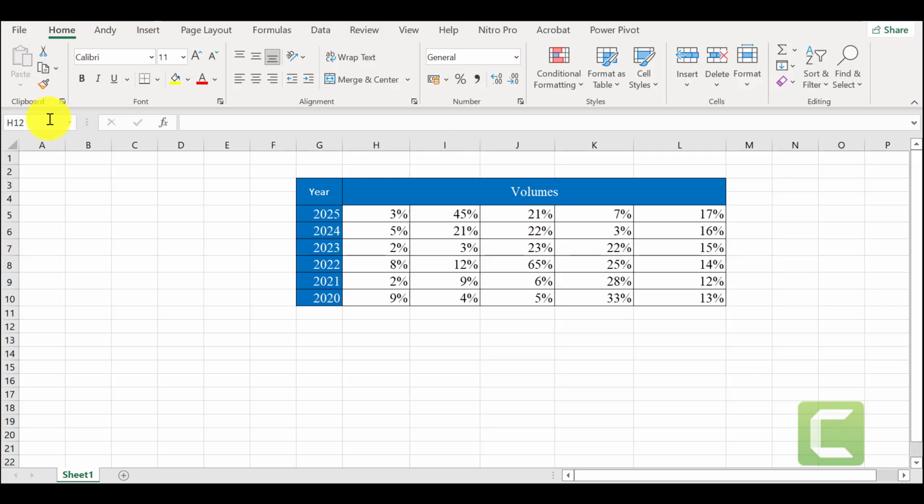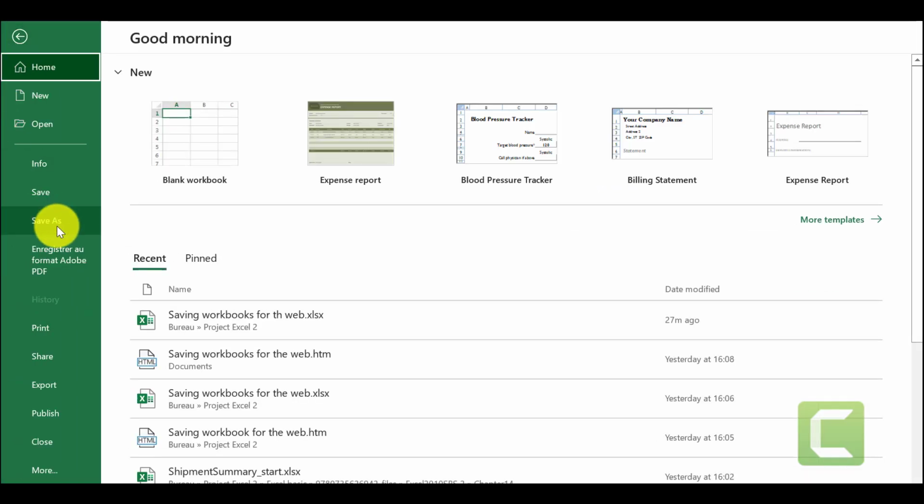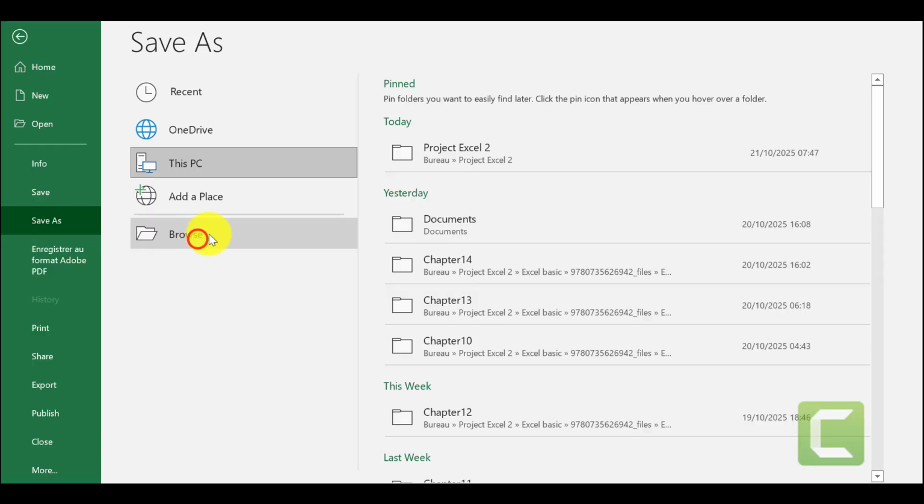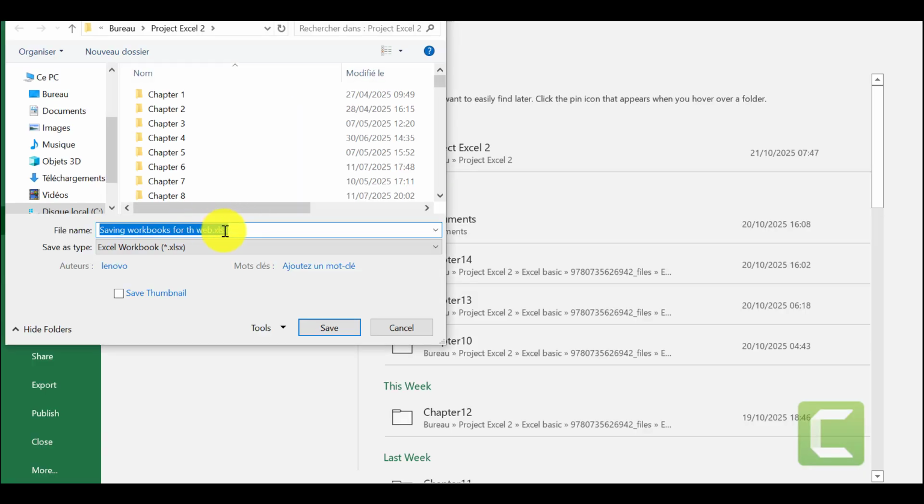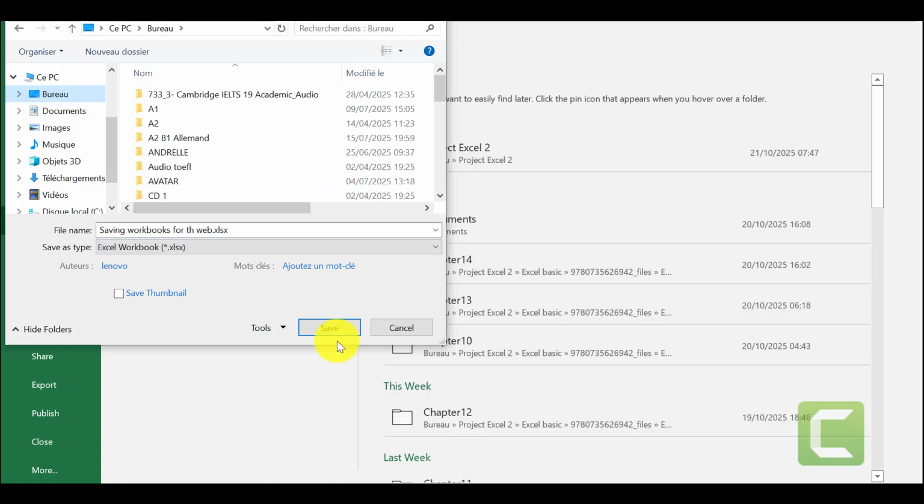So first thing first, you need to go to the File tab, and in the Save As, meaning you first of all save the document. The document has already been saved, so we are just going to close it, and so when you are done saving the document,